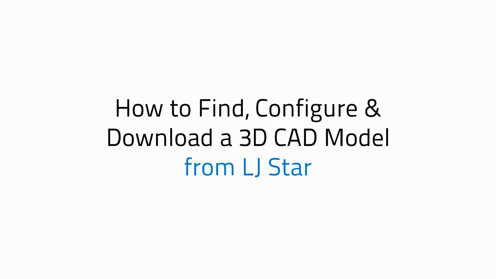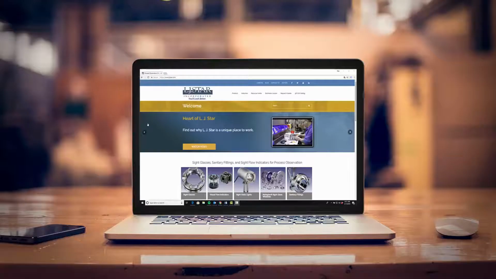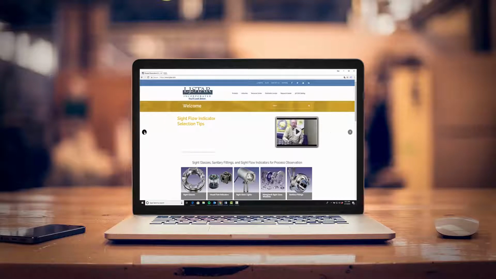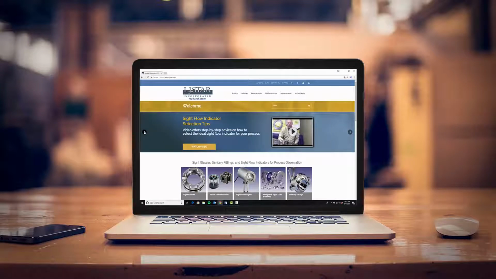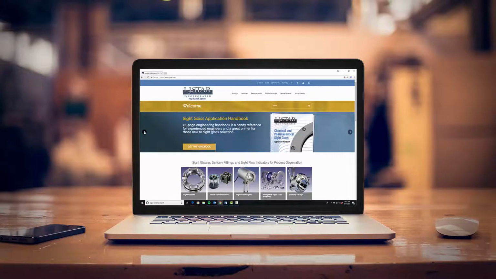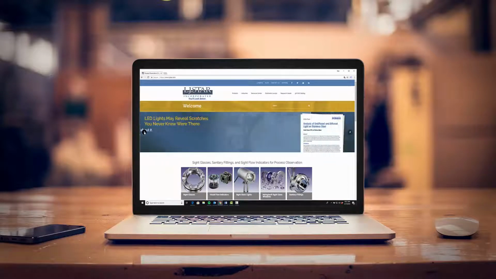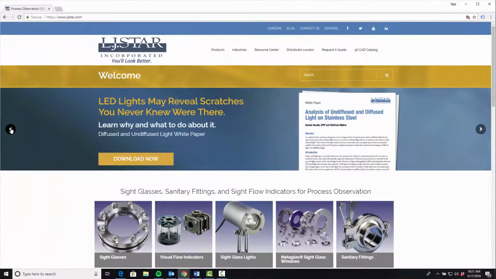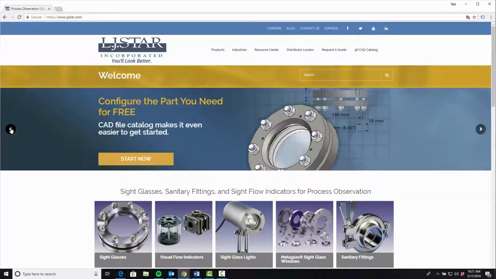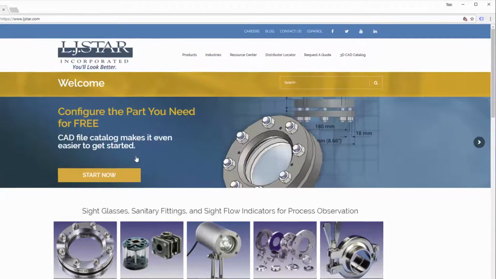Need to download a custom CAD model today? With LJ Star's new online catalog, you can find, configure, and download a custom product built on the fly. Let's check it out. On LJ Star's website, click Start Now to access the online configurator, or click the tab